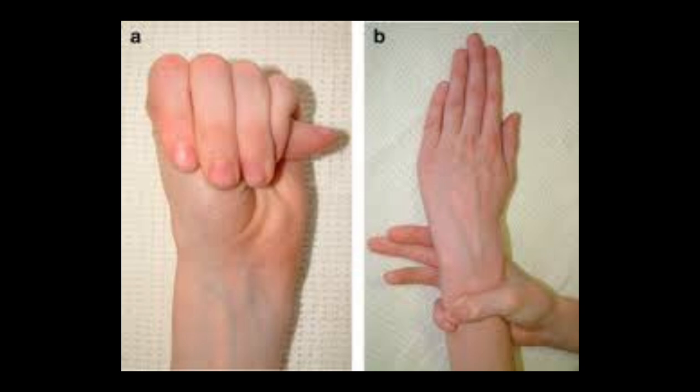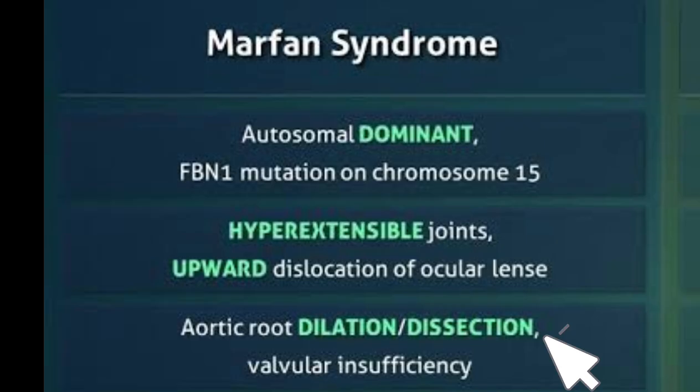Then after that, patient can have kyphoscoliosis. And as far as the cardiovascular complications are concerned, patient has got aortic root dilatation. There are more chances of aortic dissection, aortic aneurysm, and then after that comes mitral valve prolapse. Then there can be dural ectasias, and after that, in Marfan syndrome, patient can have